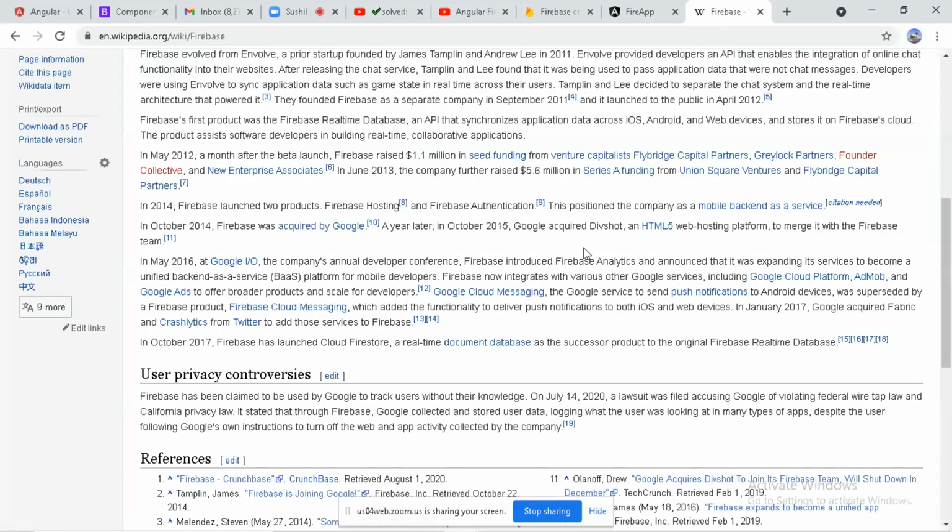So like we all know, Firebase is a real-time database where we can analyze our data on a real-time basis. It is a backend and performs best as a platform for mobile developers. Firebase now integrates with various Google services, including cloud platform also. So it is a database where we can store our data on the cloud as well. The main reason we use the Firebase database is to store our data on cloud services so that we can access it on a real-time basis. So let's go with the demonstration.